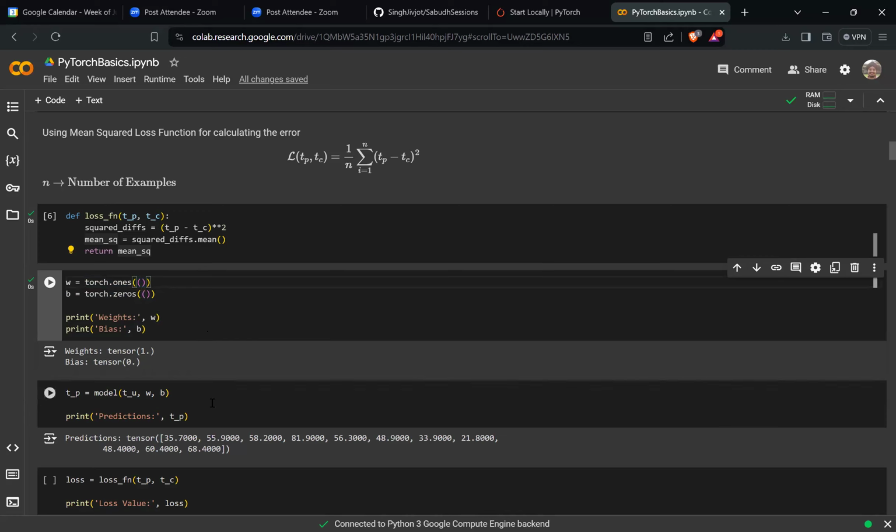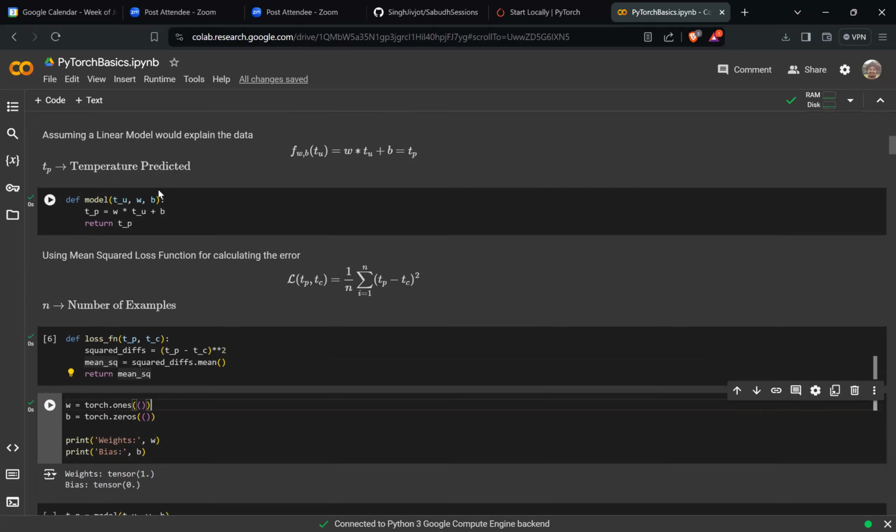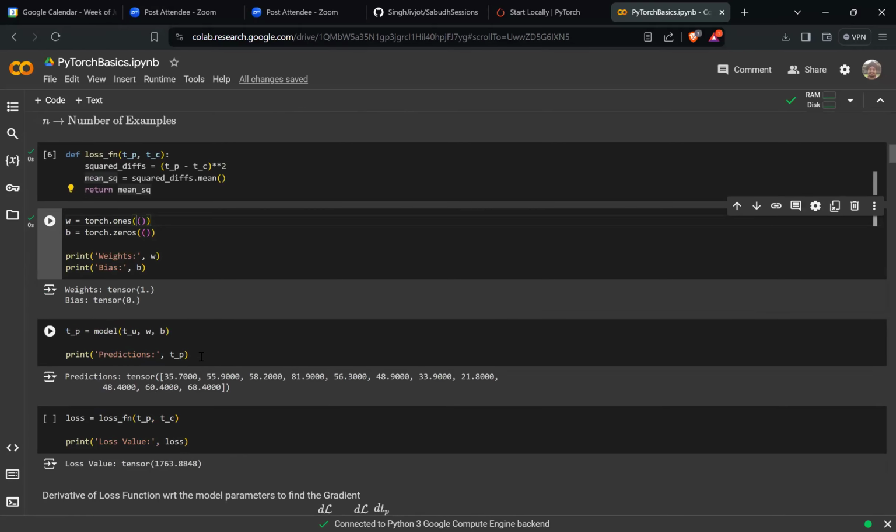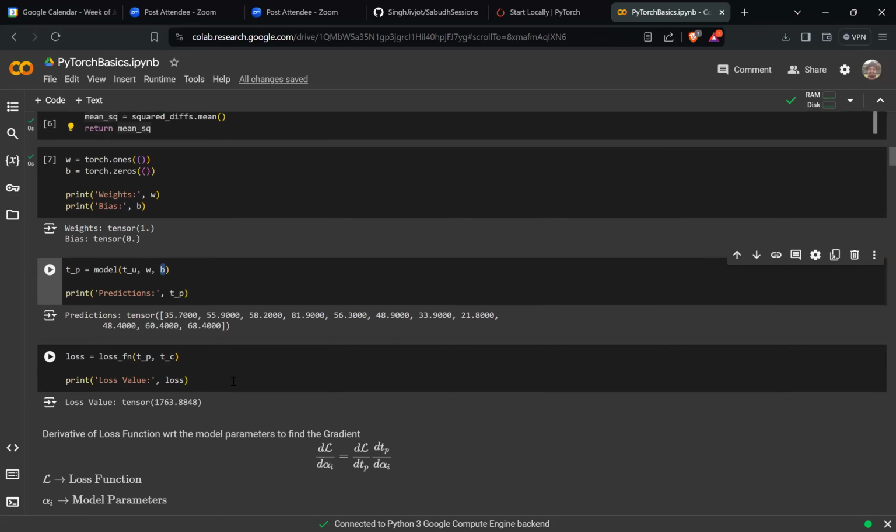And just to see if our functions work well, we'll pass in these parameters through our model function that we defined above, and we check how the prediction tensor looks. So here, for each of the 11 unknown scale measurements, we initialized the weights and the bias, and based on that, we have individual predictions. Now, this is the aim that we need to